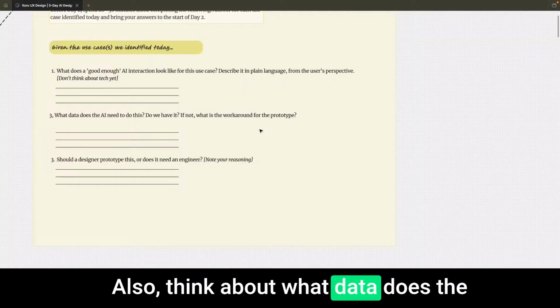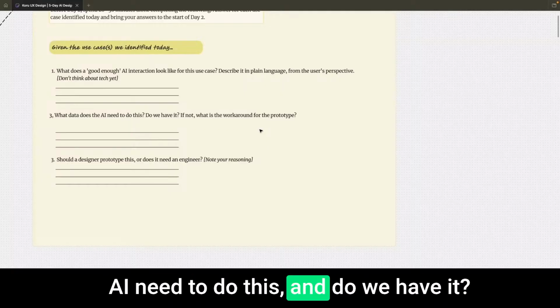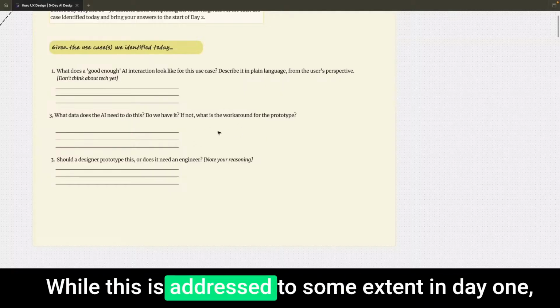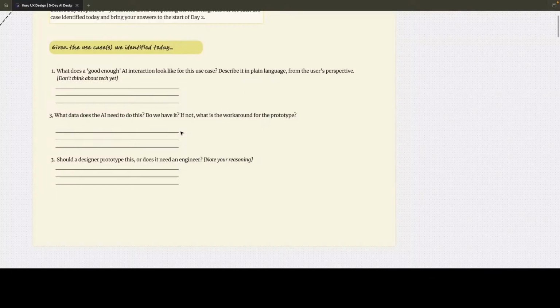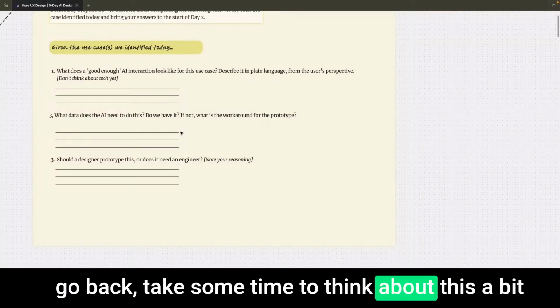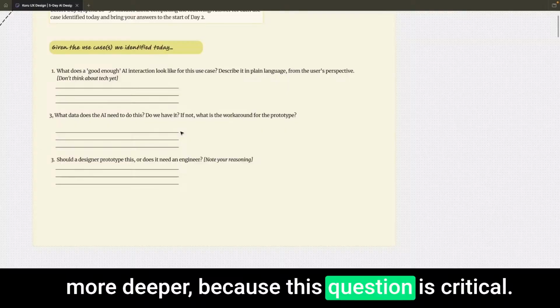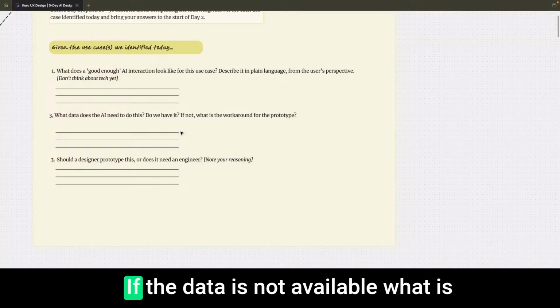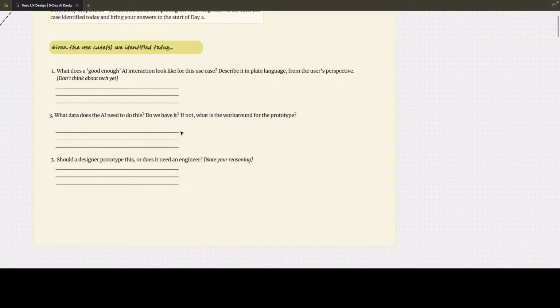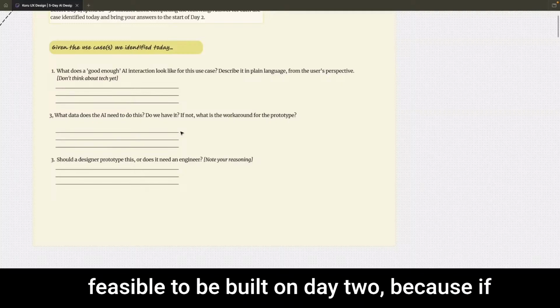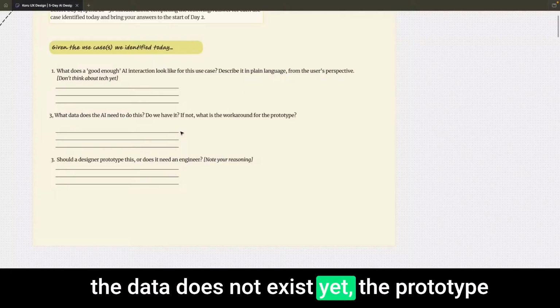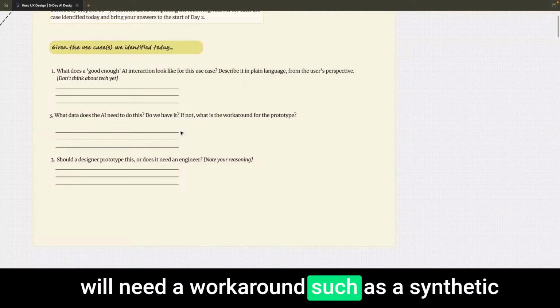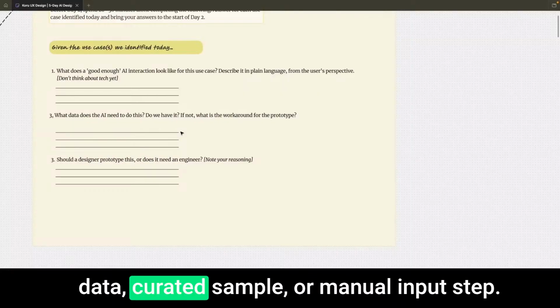Also think about what data the AI needs to do this, and do we have it? While this is addressed to some extent in day 1, go back, take some time to think about this a bit more deeply because this question is critical. If the data is not available, what is the workaround for this prototype? The answer will directly shape what is feasible to be built on day 2. Because if the data does not exist yet, the prototype will need a workaround such as synthetic data, curated sample,